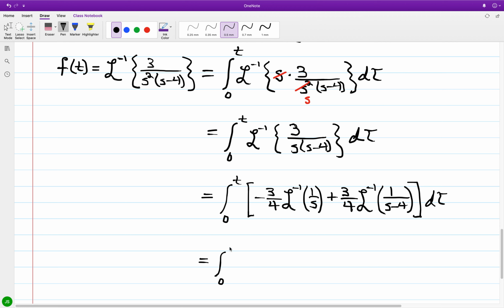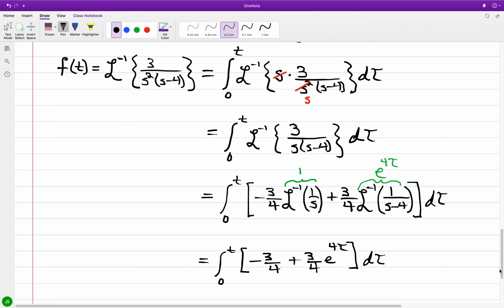All right, so I'm going from 0 to t right now. So I have the inverse Laplace transform of 1 over s; again, that is going to be 1. And multiplied by negative 3/4, I have negative 3/4. And I have plus, for the inverse Laplace transform of 1 over s minus 4, again, this is going to be e raised to the 4 tau. And so we have 3/4 of e to the 4 tau